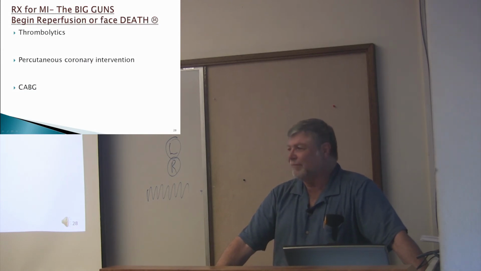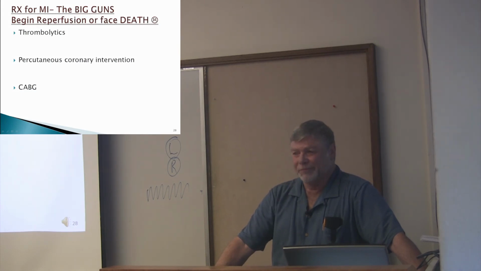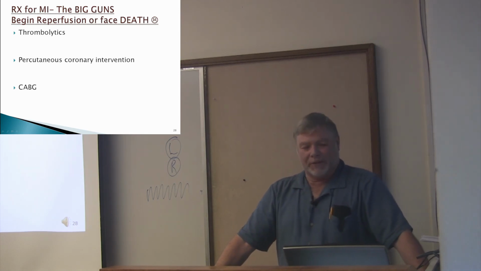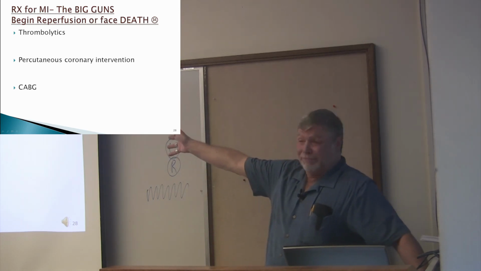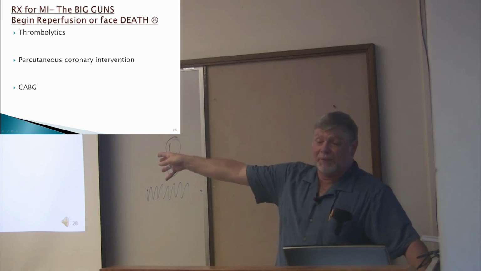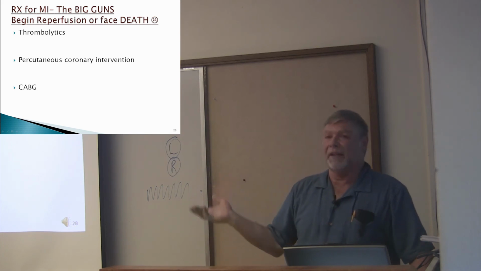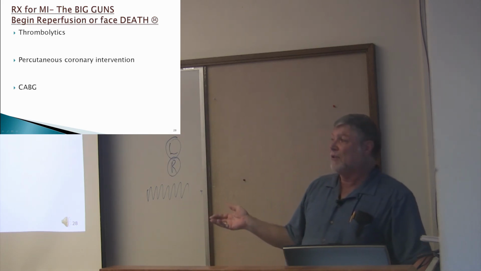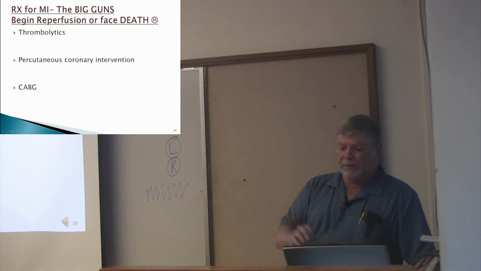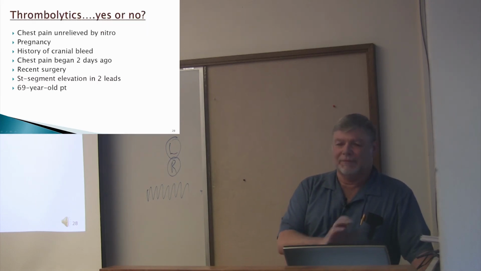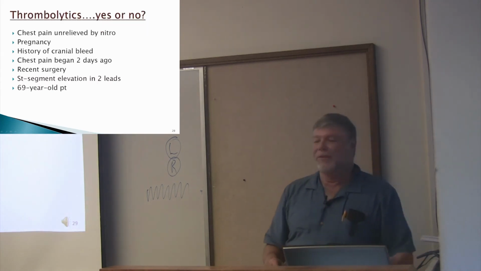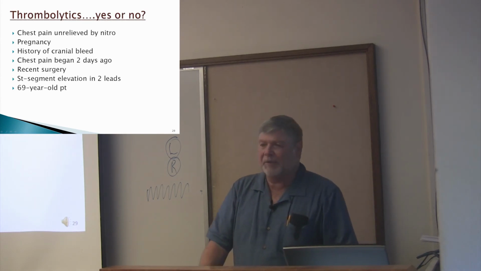What are thrombolytics? Who gets them? People who haven't had surgery, all kinds of stuff. This is like, okay, we're going to try and bust the clot, and then if that's not going to work, we're going to go to a PCI, which is like stent placement, or a CABG. What's CABG stand for? You guys are good. So does this guy get TPA or streptokinase?